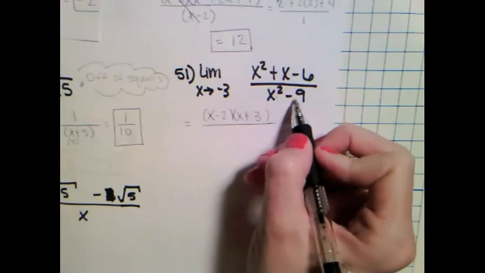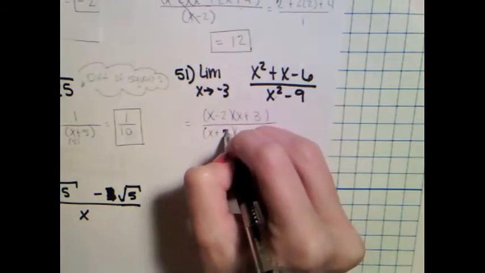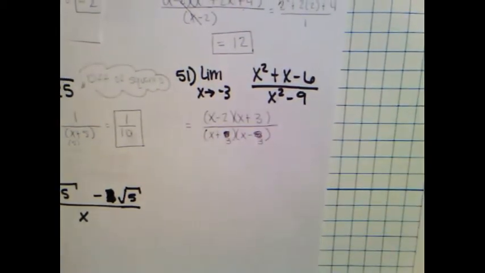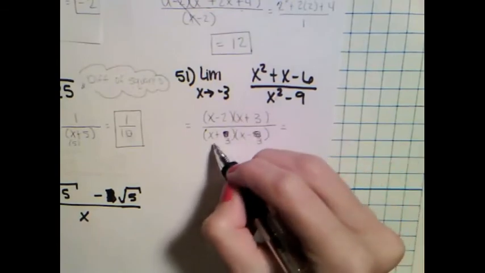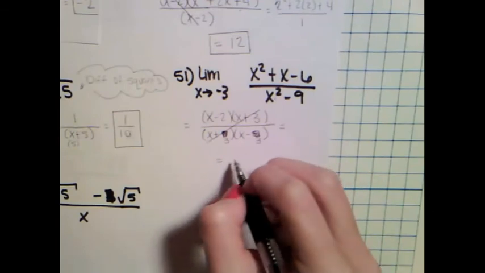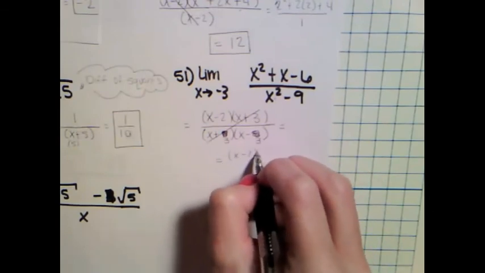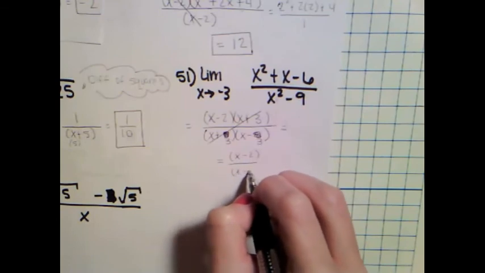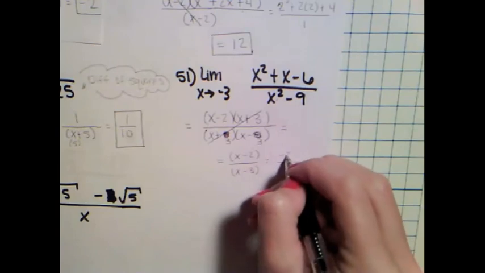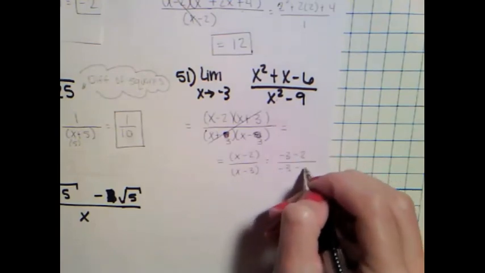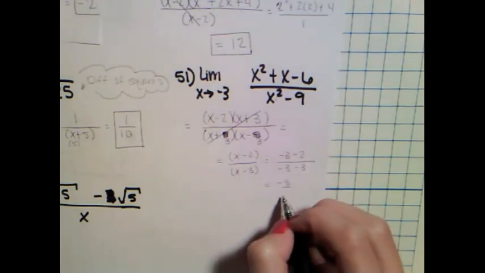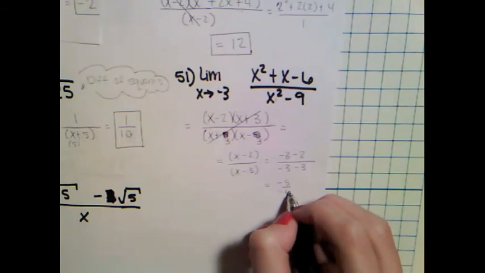Our denominator, x squared minus 9, can factor as x plus 3, x minus 3. We have a common factor of x plus 3 that we can cancel out, and that will leave us with x minus 2 over x minus 3. We can plug negative 3 in for x, get negative 3 minus 2 over negative 3 minus 3. Gives us negative 5 over negative 6, or